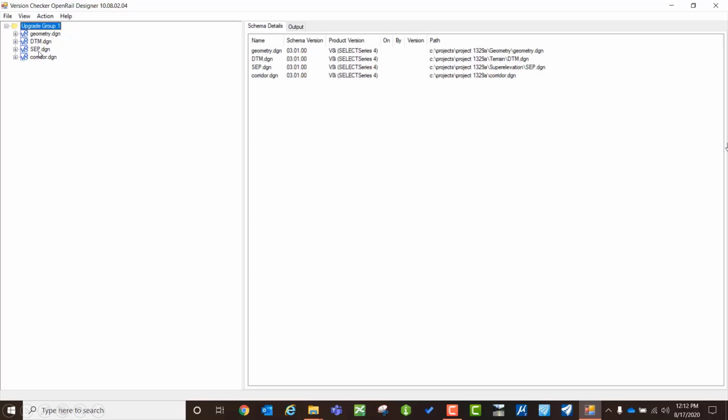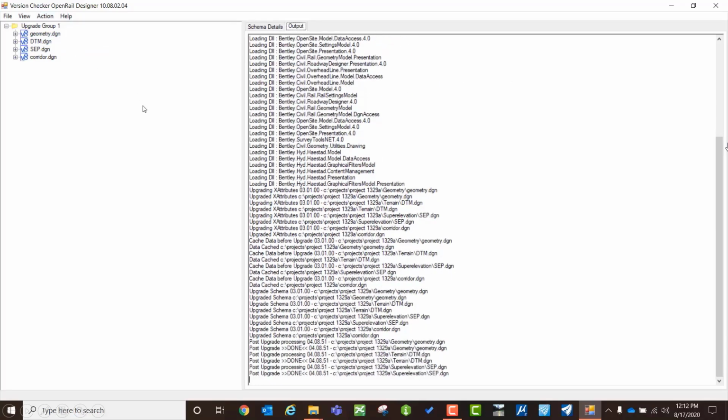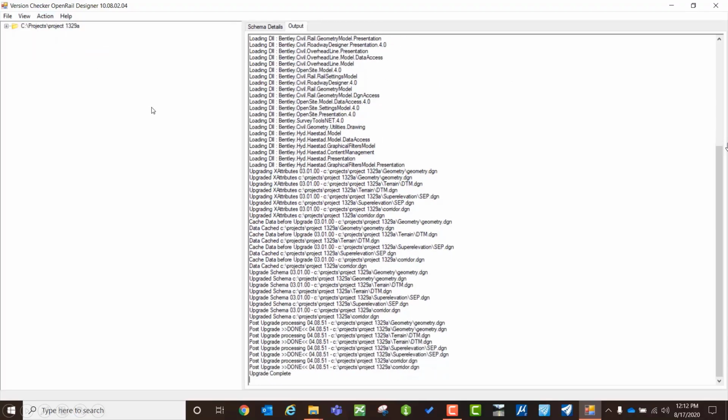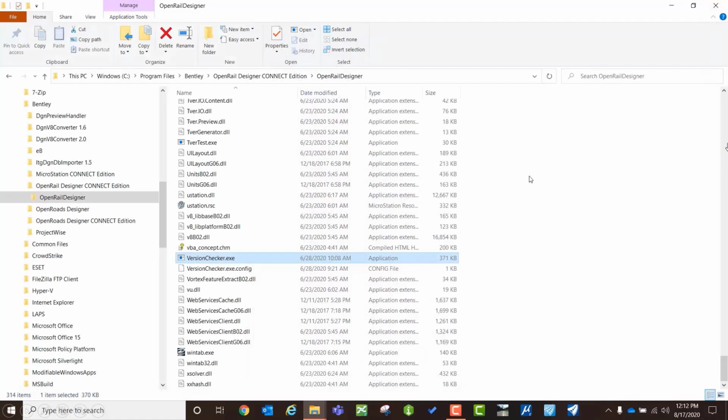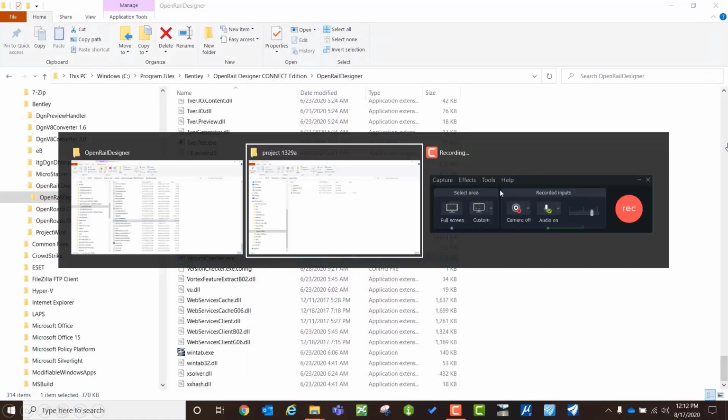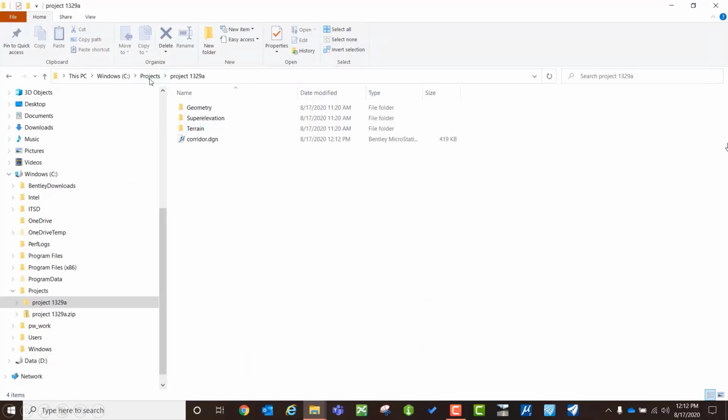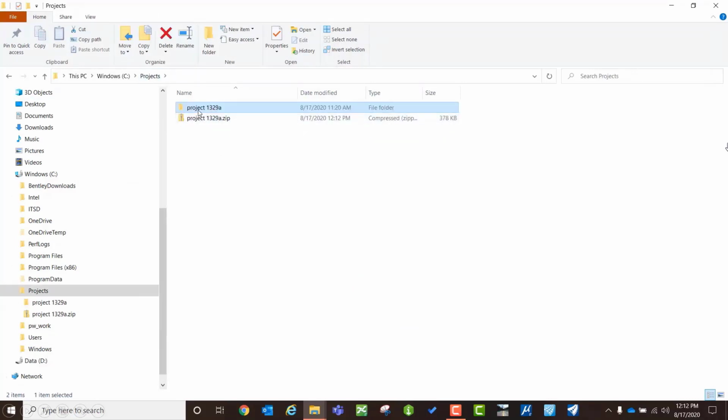Now once we're satisfied that all our files are there, and they're in the order that we want them, we'll just come under Action and do an Upgrade All. So it'll go through our project and do all of our upgrades, and when it's done you'll see an upgrade complete. Now what I want to do is go back over to my project directory, and you can see here at the main root directory, it's created a project